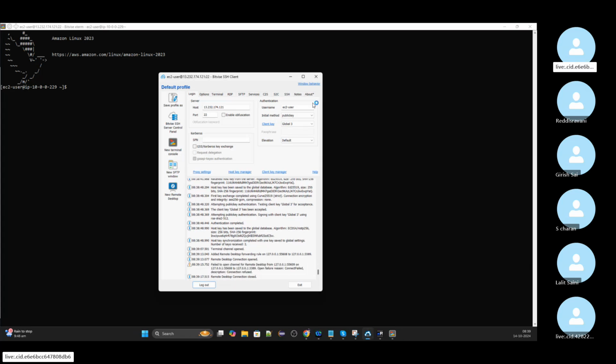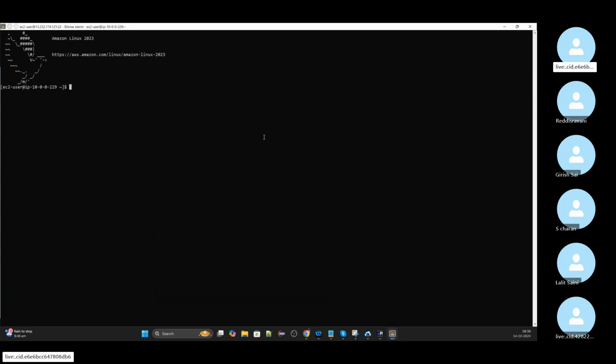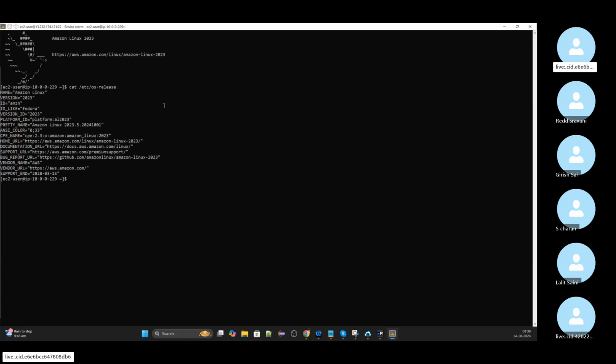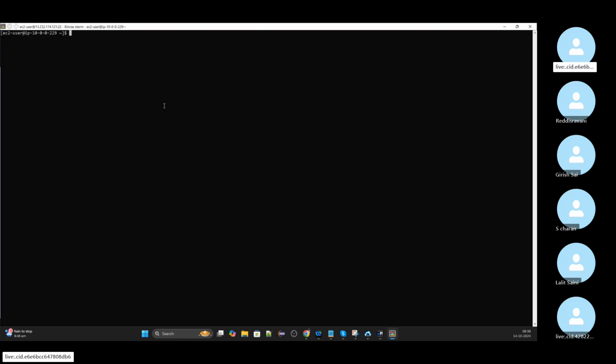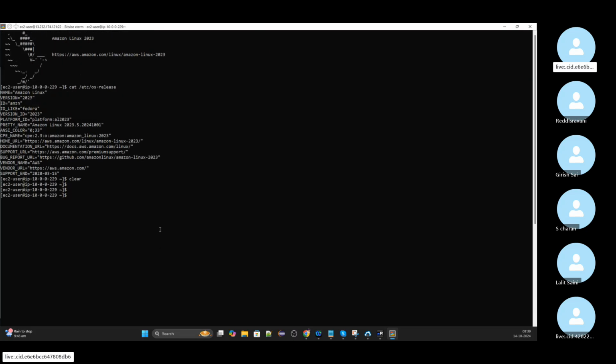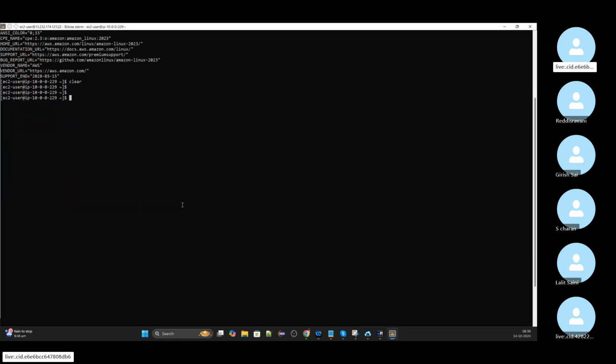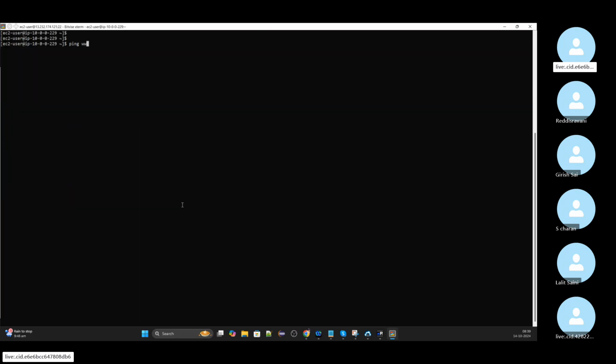Okay, when I say it opens a server, what exactly does it mean? It means now I am connecting to the server. It means the network which I have created is working fine for me, and I am able to reach the server itself. That is the one thing which I have to check. For example, this confirmed to me that the connectivity is happening, and let's say I just want to ping